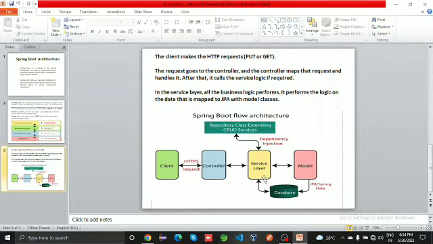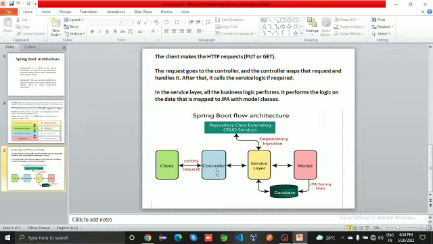With the help of model objects we assign the data to the database. And from the database, we can retrieve data with the help of get, update, and post methods, send it back to the controller, and the controller sends it back to the client with the help of